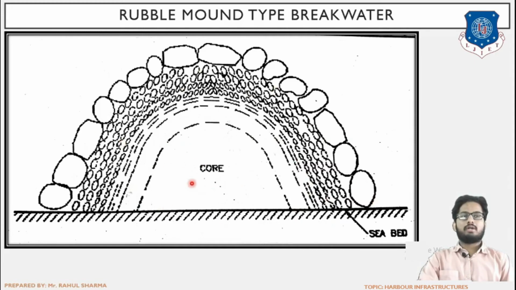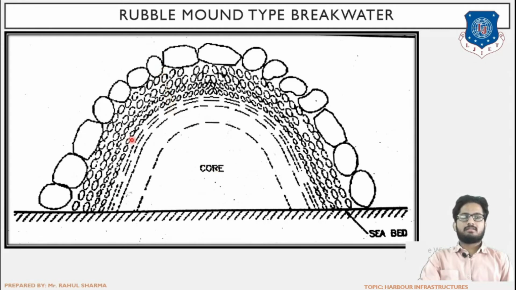So providing the highest quality material here is of no use. Why? Because it does not have to perform any function. The function has to be done by the topmost layer, which will be in constant contact with the waves. So it is of highest quality, and this is of lowest quality, because it is only providing a layer for the placing of rubble, and the intermediate quality is in the center region. So here even the soil, which is sort of waste soil, can also be used for filling purposes.